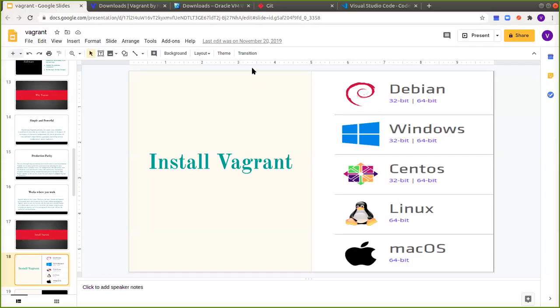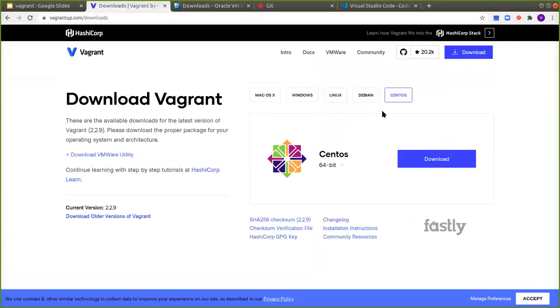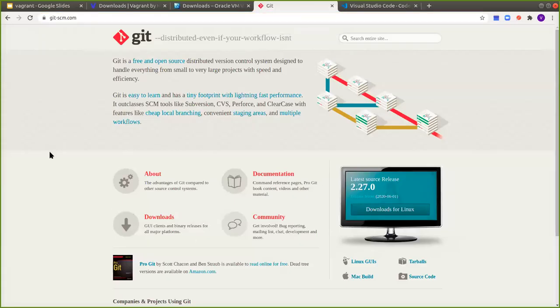I told you the purposes of these 4 tools. VirtualBox is the virtualization tool, which you need to have. Vagrant helps you write code for VirtualBox to create new servers, and with a few lines of code you will be able to launch servers. Git SCM helps if you're a Windows user: whatever command I execute on my Linux terminal, you will be able to do the same from the Git Bash tool. That's the purpose.